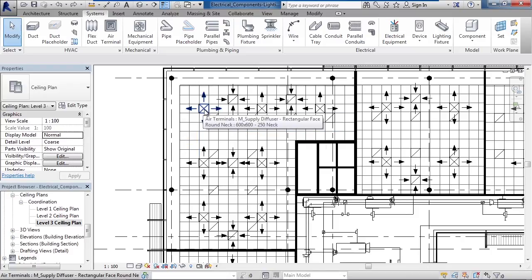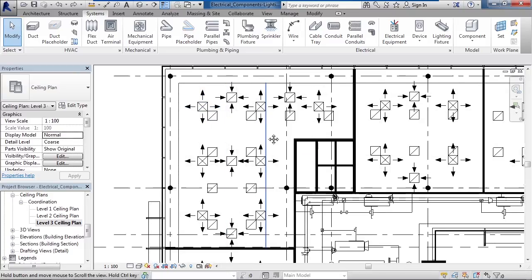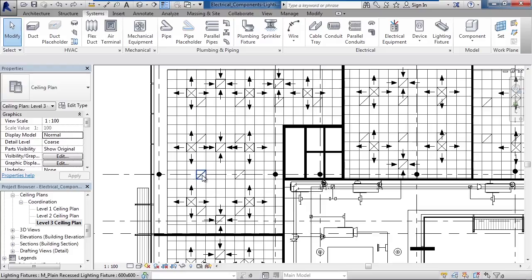When I mouse over symbols, I see I have air terminals, diffusers, with the arrows indicating whether it's a supply or a return terminal. And you also have lights or lighting fixtures. Those are indicated with no actual symbols or arrows. Mouse over one of those, for example. So let's say we wanted to place additional lighting fixtures, just like this one here, this recessed lighting fixture, into